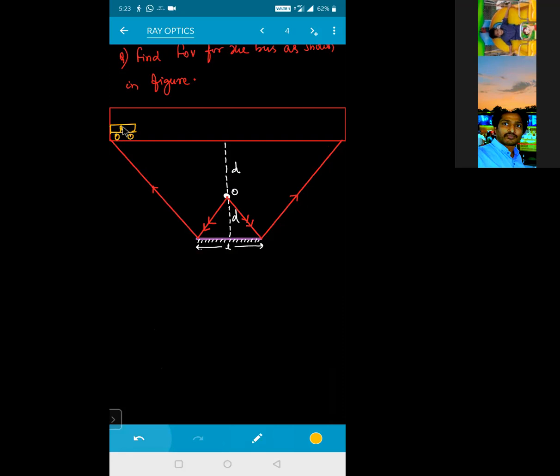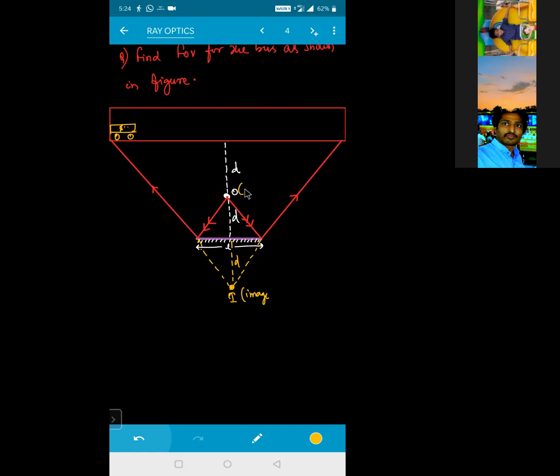Some passengers are sitting here and they want to see this object. But here right now some very big tall buildings are there. But there is a view region where the image of this one will form somewhere here. If I extend this one, this will be the image formation. So this distance will also be equal to D. And this will be your image, that is nothing but your eye.